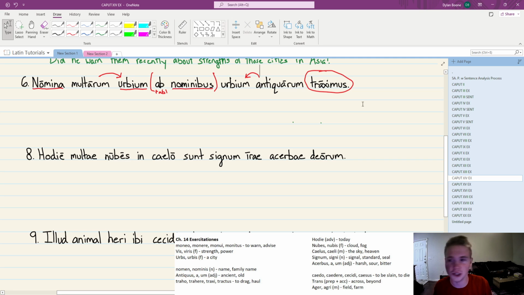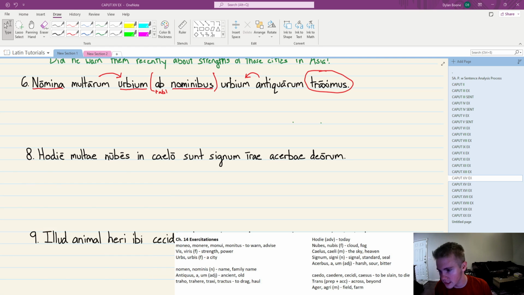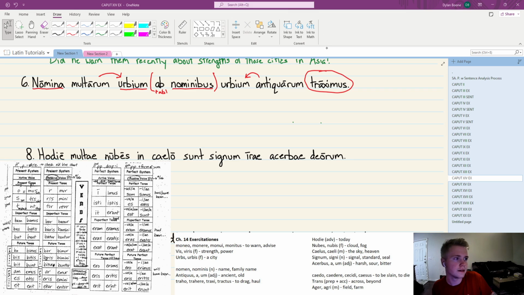Starting with the verb, like we usually do. It comes from traho, trahere, traxi, tractus, maybe? Yeah, I have it on the list there. Tractus, sorry. Anyhow, the third part seems to be the one that we're using. So we dropped the I and added an -imus. Similar to the one that we just had above, -imus will lead you to the perfect. Perfect, and actually first person plural.